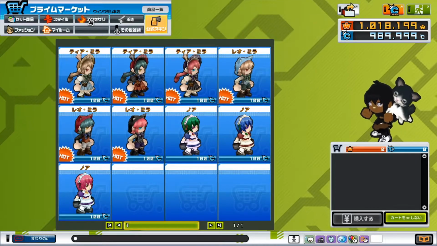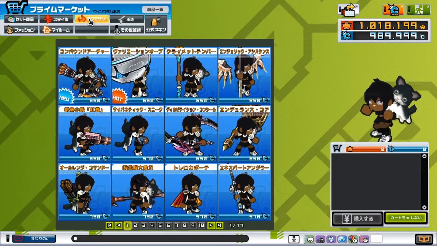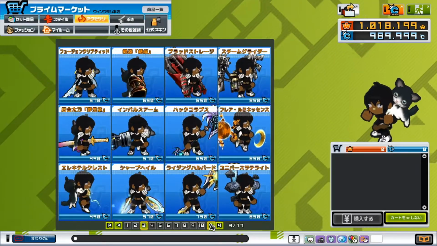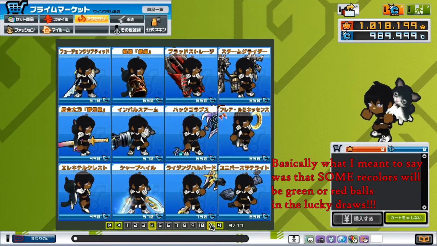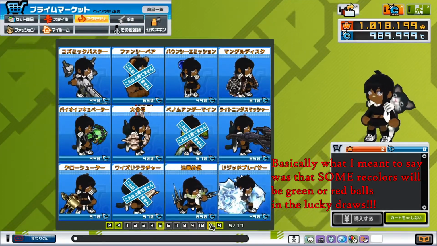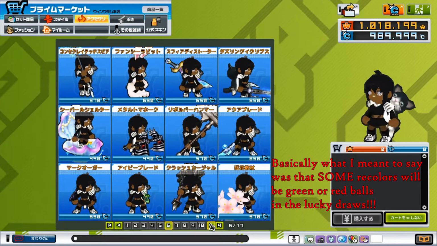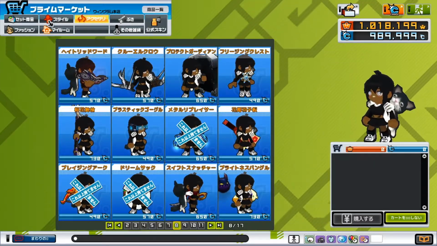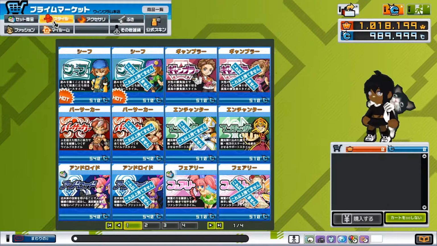To find accessories that are in the store, you press the flaming button right here and it'll show you all the accessories you can buy in the shop only. These are not going to be in draws unless they are recolors. But from playing this game for a while, I haven't seen any recolors of these accessories besides the zodiacs they have. To buy different styles, you would click the icon right here where it looks like somebody's kicking the ear,